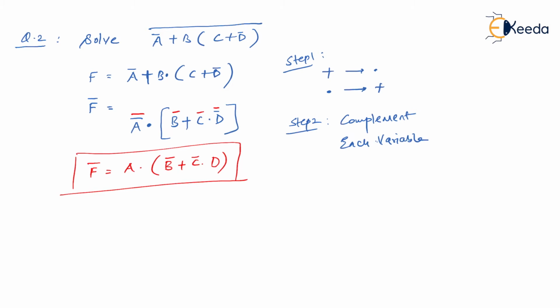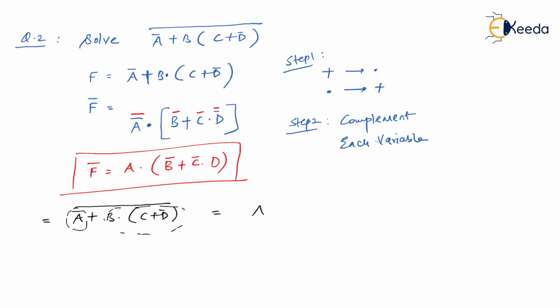And otherwise we can actually apply the traditional method and we can solve this. Let us apply the traditional method. See what we have to solve. Let me rewrite again. It is A bar plus B dot C plus D bar, the whole bar. So treat this one as A and this whole thing as B, and you know that A plus B whole bar is A bar into B bar.